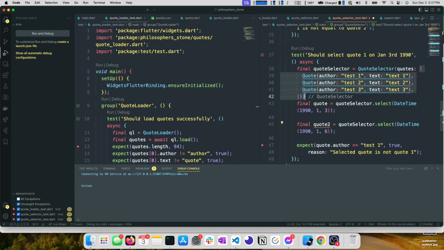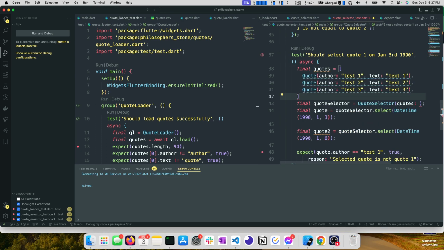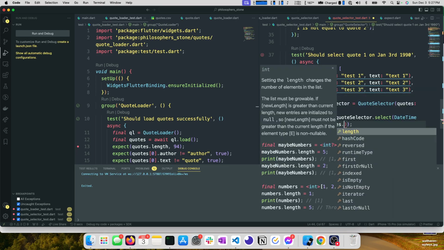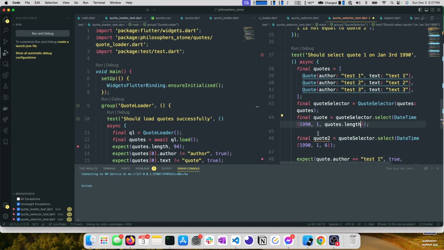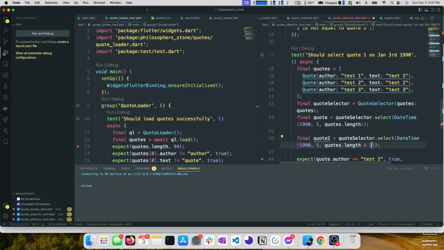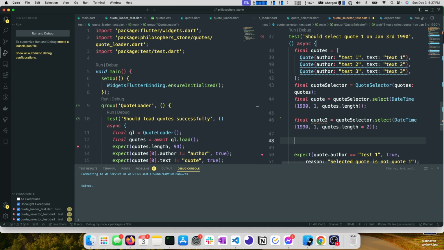Let's make this a little bit more robust by moving quotes out to its own variable. And then we can pass quotes in here. And then we can use quotes.length. Quotes.length times 2 should give us the first quote. And then also in this case,